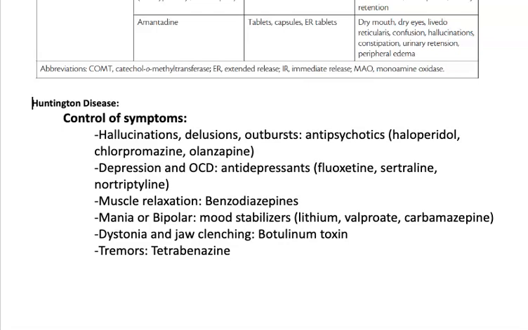And then depression and OCD, we've kind of already talked about those treatments with the SSRIs. And then muscle relaxation, the benzodiazepines are activating GABA receptors. And then with mania or bipolar disorder, using some of those mood stabilizers, which we talked about a little bit, like the lithium, valproate,